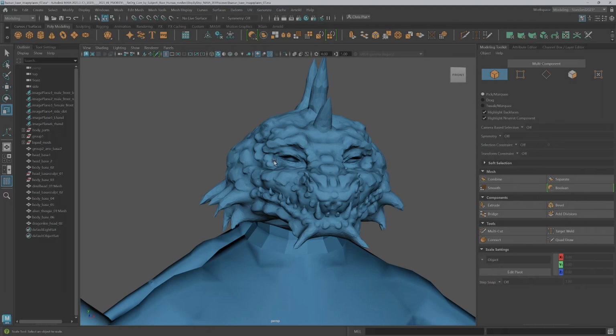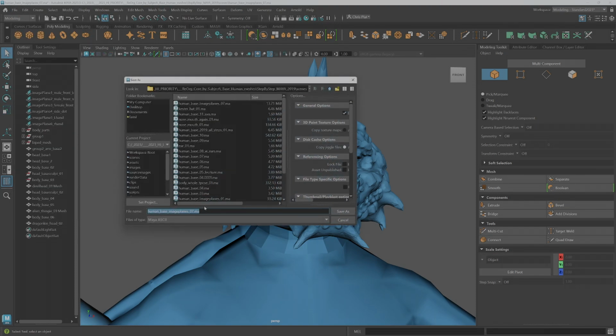So let's do the hard part. If you want to do your final character, go ahead and do a file, save as. And we're going to do a re-topology for this character. So go re-topo